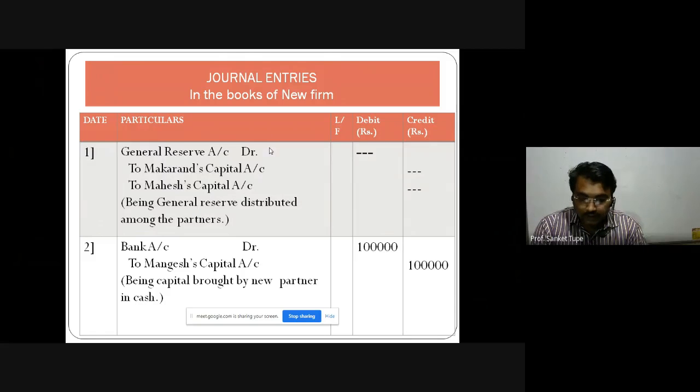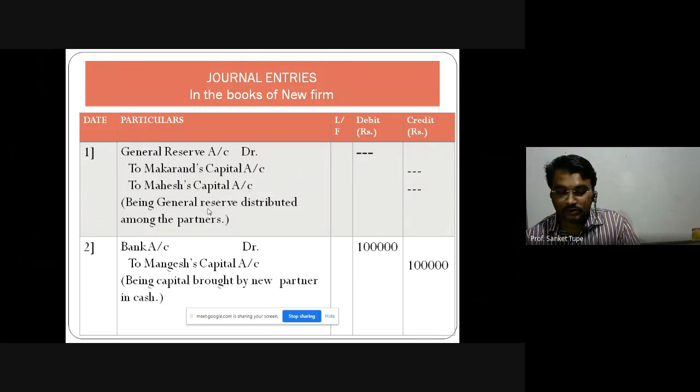ये आपको करना है because that general reserve is going to be distributed in the old partners. ये पहला स्टेप है to the revaluation account, towards the revaluation of partnership firm. So whatever the reserves are there, undistributed reserves, undistributed profits, undistributed losses are there, at the time we have to